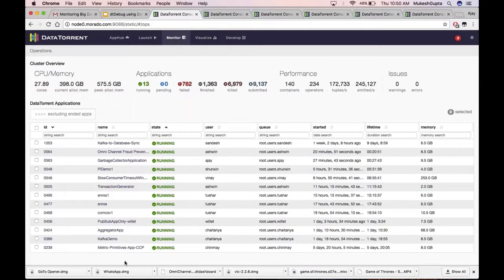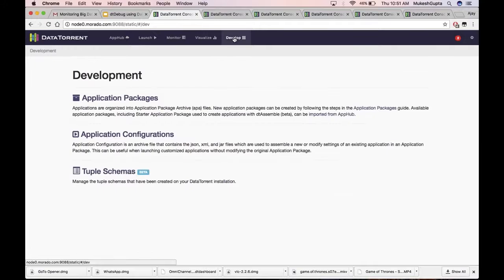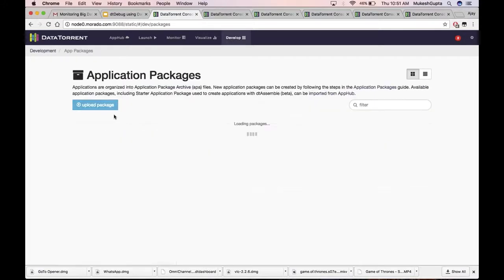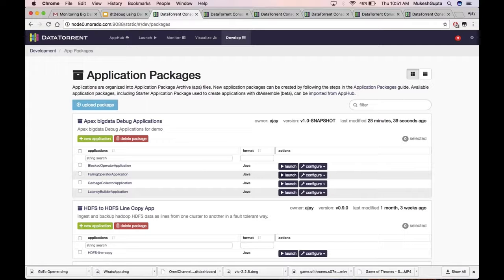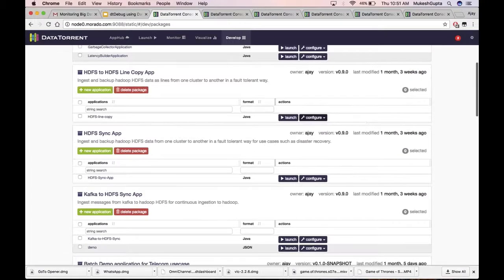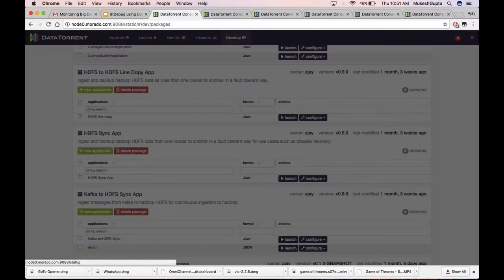This tab is used for monitoring the application, the monitor tab, and we'll come to this one in some time. The develop tab over here is basically where we can upload the package as well as configure the applications which have been uploaded. So suppose you have a test environment and a prod environment, and you would like to create a configuration for both of these environments, you can simply create a new configuration and